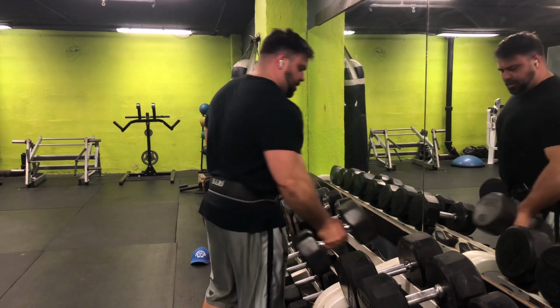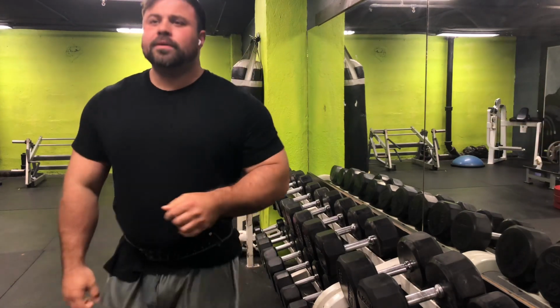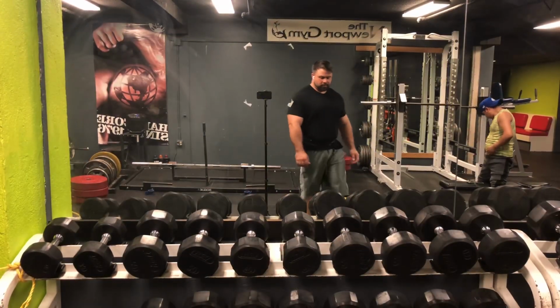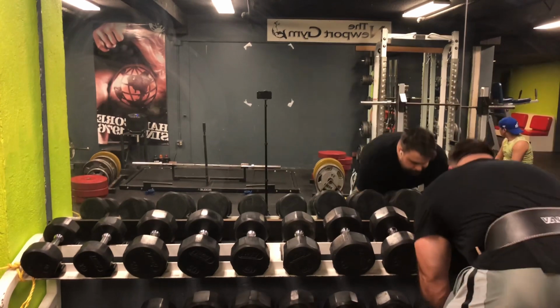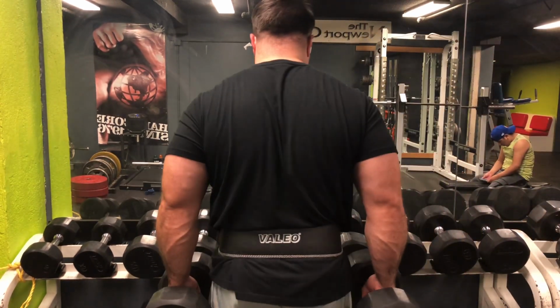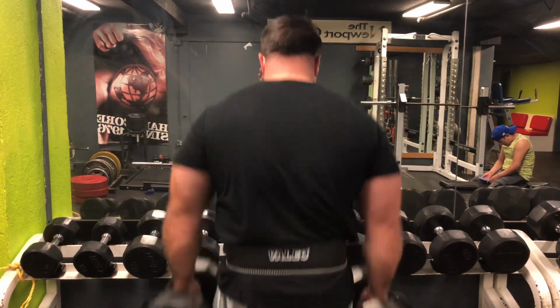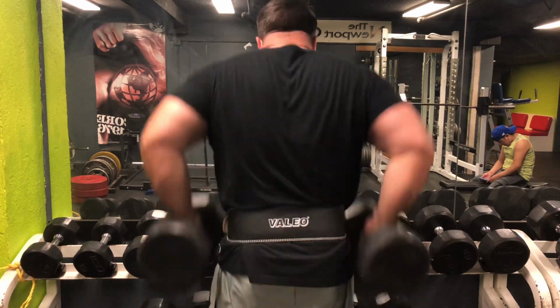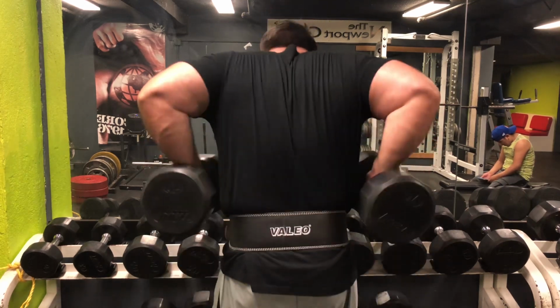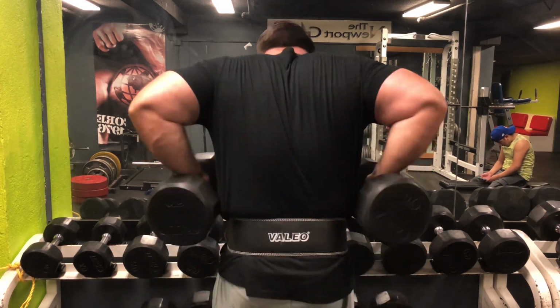And he actually showed me, he's like, listen, don't just move your shoulders. Try and lift the weights up as high as you can towards your armpits, essentially. It works because especially at the bottom of the movement, it gives a nice little stretch. And then you're getting that extra squeeze at the top that you normally wouldn't by just moving your shoulders. So give it a try. I feel it works pretty well, but try and